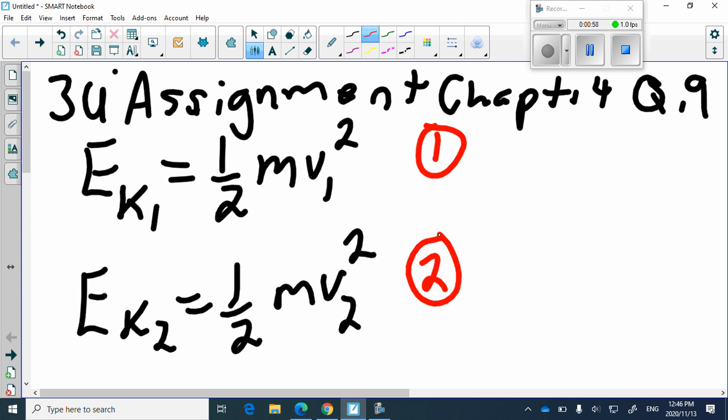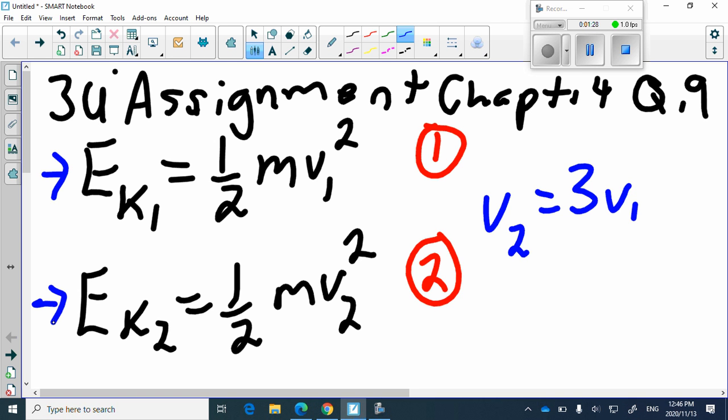Now, how are situation number 1 and number 2 connected? What is linking them? Well, let's pick one: the second speed is 3 times the first speed. So what have I done here? I've come up with an equation that shows us a connection between kinetic energy and speed in the first situation. Come up with an equation that shows us the connection between kinetic energy and the speed in the second situation. And then I've come up with an equation